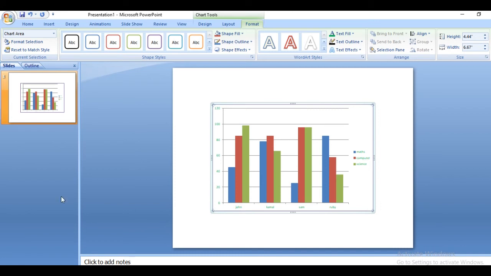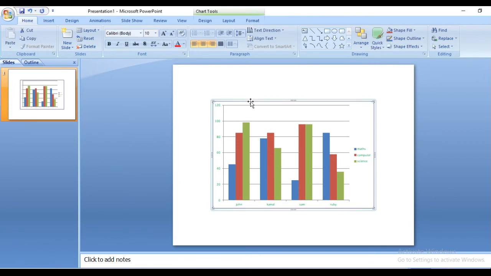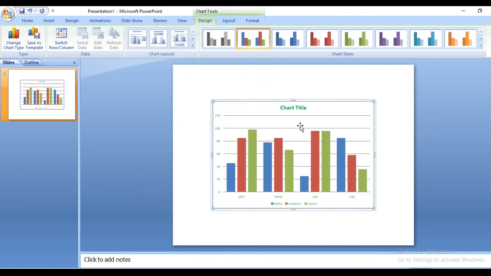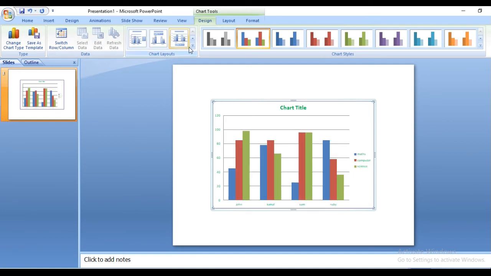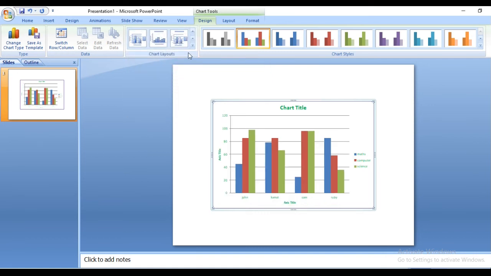After that you can modify the chart layout. This is one of the charts, and you can change the chart layout as well. We can also make some changes in the chart type. For that we have to select the chart here. When you select the chart, go to the design tab, and here you can see the chart layout group. You choose any one of the chart layouts. When you click here, you see the changes. At the top the chart title comes, and this is another type of chart layout. When you click this More arrow, you see other different types of chart layout.